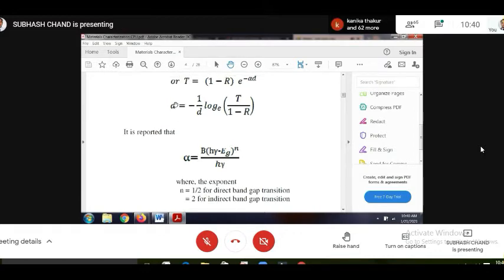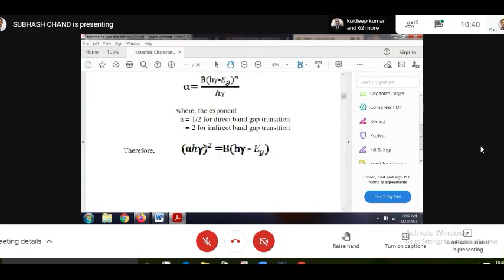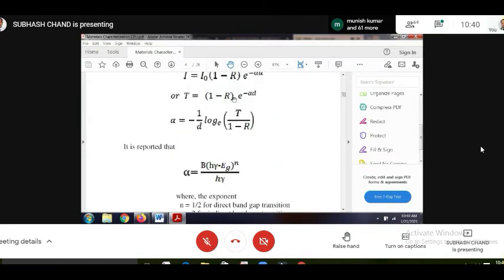So alpha you get this way, and when you get this plot, now you see here alpha h nu versus h nu. If you plot, now you have alpha available at all energies, all wavelengths. कहाँ कैसे? यहाँ से, because you have spectrum transmission versus wavelength, reflection versus wavelength. So you have T at every lambda, you have R at every lambda, you get alpha as a function of lambda. So you have alpha at every lambda. Okay, so then you plot this, और ये जो प्लॉट करेंगे उसमें, तो ये एक तरह से स्ट्रेट लाइन आएगा.